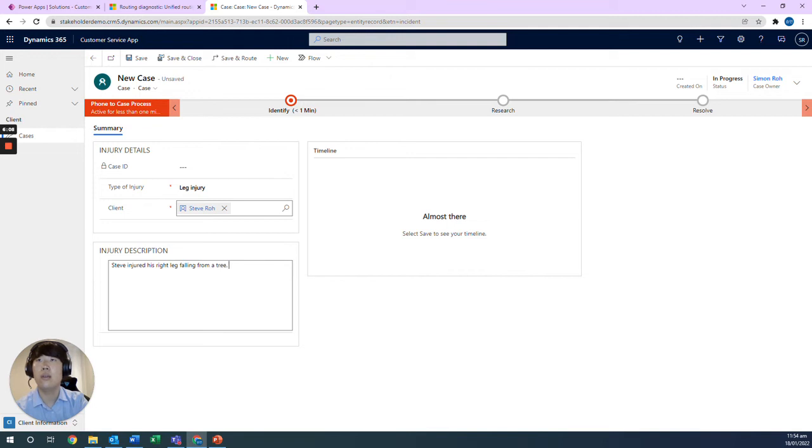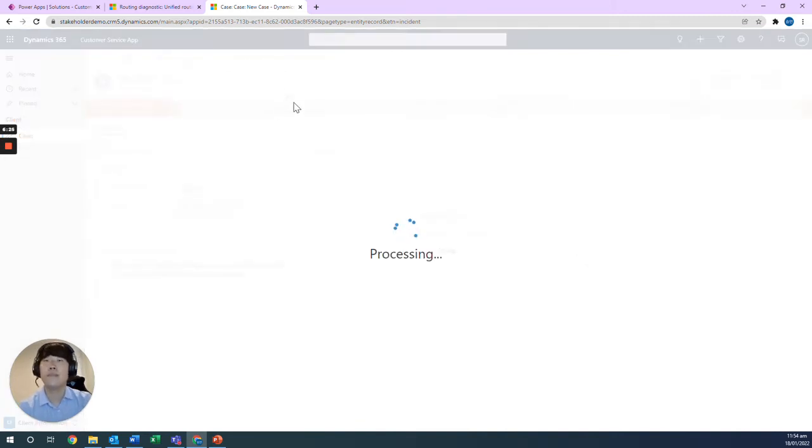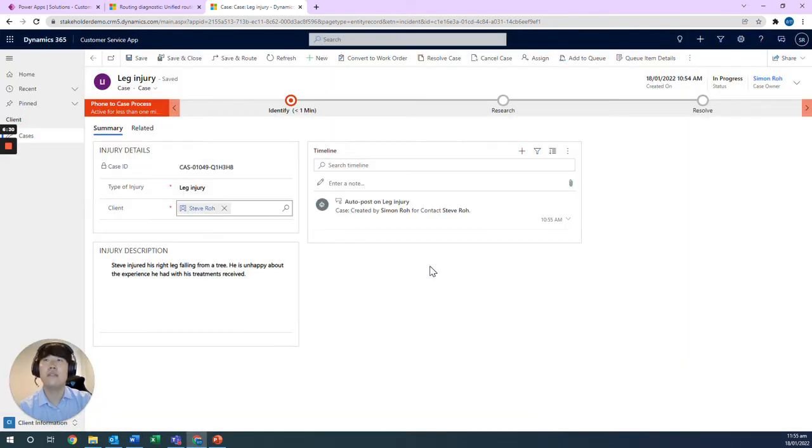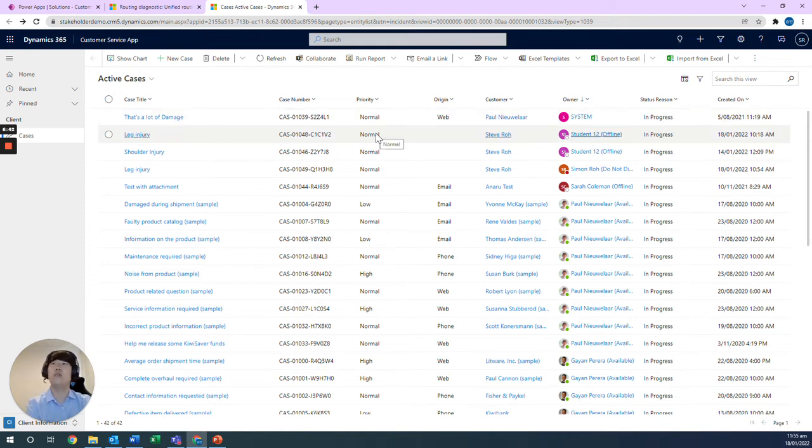He is unhappy about the experience he had with his treatments received. All you need to do from here is save and route, and then it will just confirm that you want to route this case. And when you do so, it will take about 30 seconds to a minute for the routing rules and all that to apply and route to the correct person and the correct queue